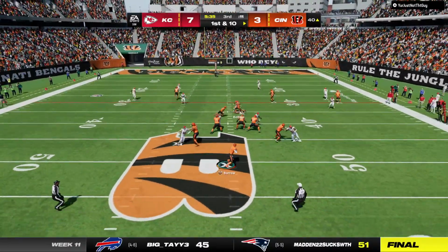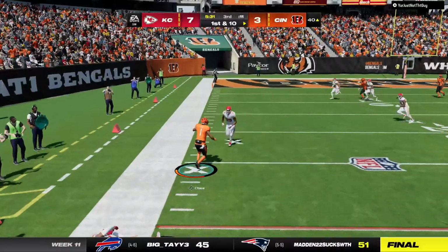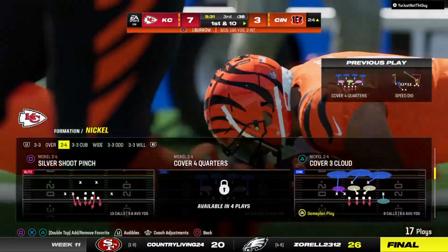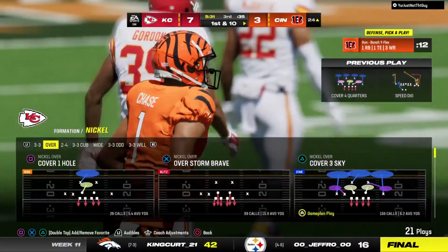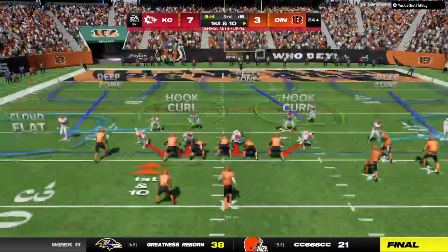Throwing now, Burrow on first down. He's going to have the hook up here to Chase. And he takes this just a few yards shy of the red zone before going out. 2 catches in the first half. Now he's got a third here, and it's good for a first. First and 10 at the 24-yard